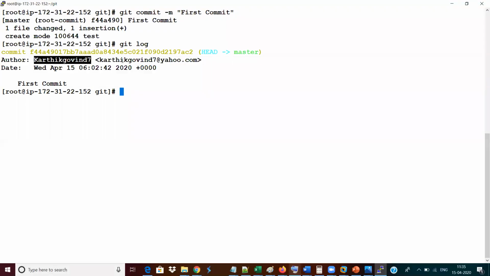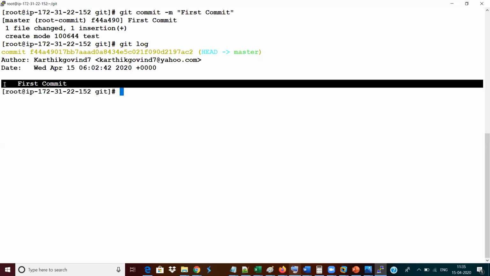That is the username which I added in the config, and this is the email ID which I added in the config, and what date, what time, what commit information, all will be available under your log. So this log will carry the information about what we have done, who has done it, where we have done it, everything will be captured. This captured information will be helpful for you in future to refer to who did this particular change.